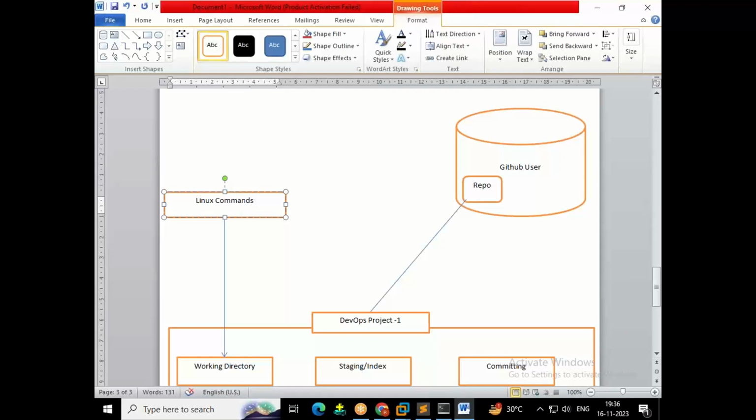By Linux commands or by operating system commands? By Linux commands or operating system commands. Those commands are